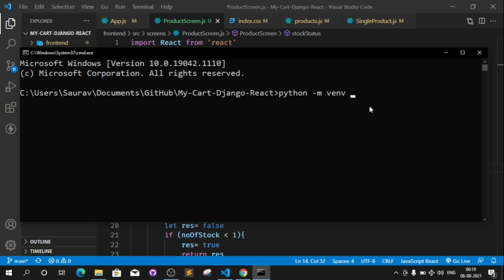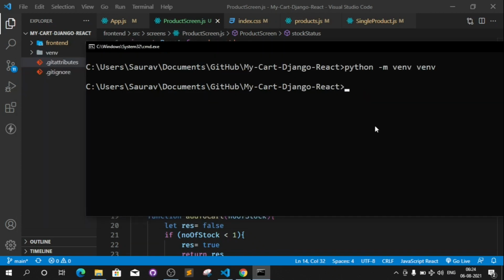So let's say my virtual environment name is venv. So I will type this and press enter. I set my virtual environment name as venv because I think this is much more explanatory. So let's wait until this is complete.